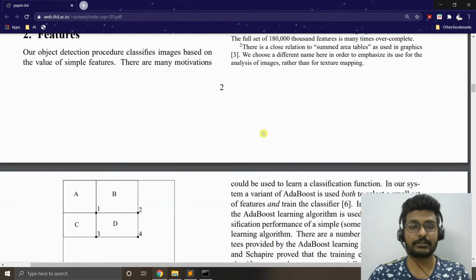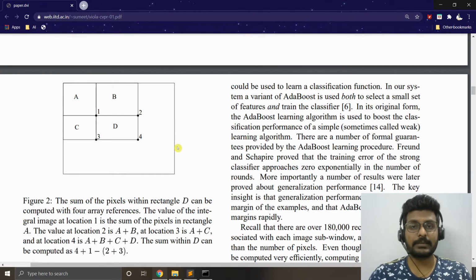That's going to be the second point, because every time I apply my kernel onto the images, I need to manually add the entire region of the brighter region and the darker region, and I need to subtract that. So rather than doing it, these authors created an integral image where they add all the numbers so that the last numbers can be utilized to subtract. So let me give you an